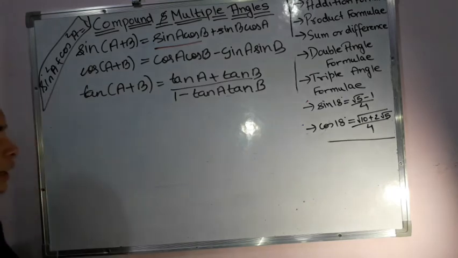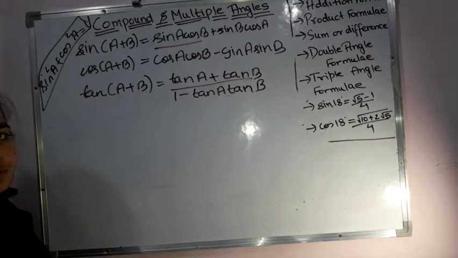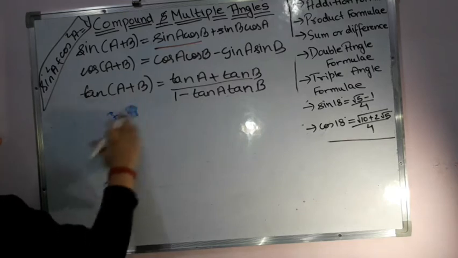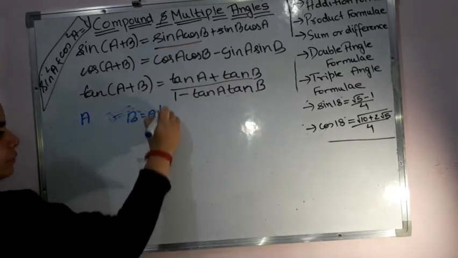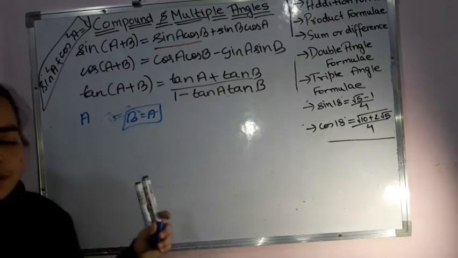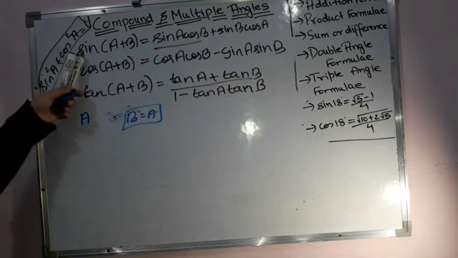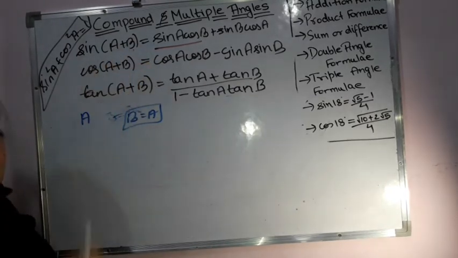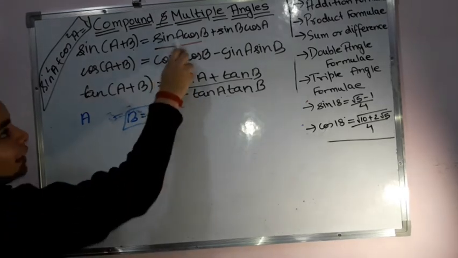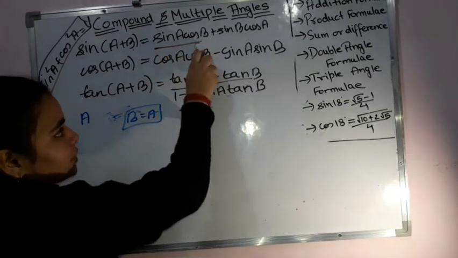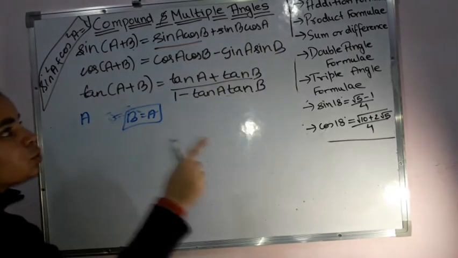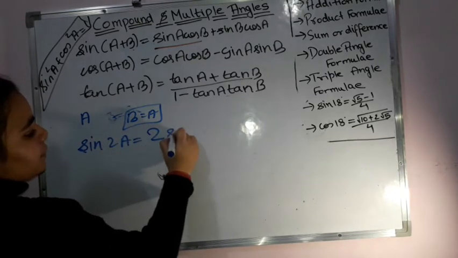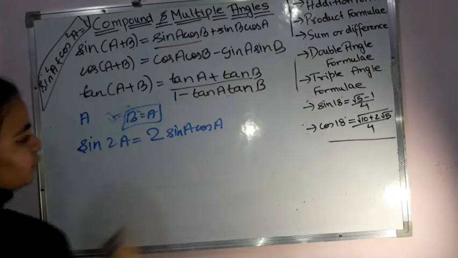Now what is the double angle formula? That means if I have both angles to be the same, let us assume that A is equal to B. Let us say A is A and then B is equal to A, the other angle which I have is also equal to A. So now simply, if I have sin (A plus B), in place of B I can write A only. That means sin of 2A. Now sin of 2A means sin A cos A plus sin A cos A, that means 2 times sin A cos A, right? So sin of 2A is equal to 2 times sin A cos A, isn't it?